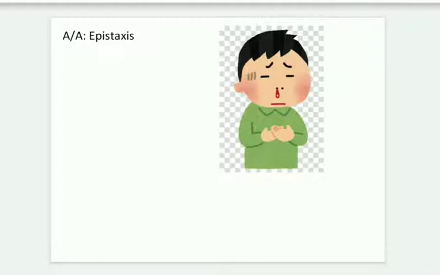How to stop that nose bleed? First you lean your head slightly forward and pinch the soft part of the nose against the hard bony ridge that forms the bridge of the nose. To some extent it can stop the blood. In this way you can stop the nose bleeding.